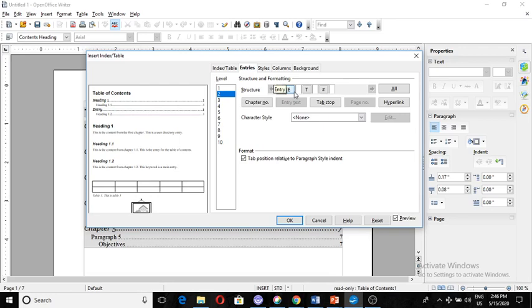Now I want the chapter number at level 2. I just click at the white space, click on the chapter number, and it will be added. At the same time, its style can also be formatted. So for each level, I can add any number of elements I want by just clicking, and the tab will be added. And if I just click and press the delete key, the following tab will be deleted.